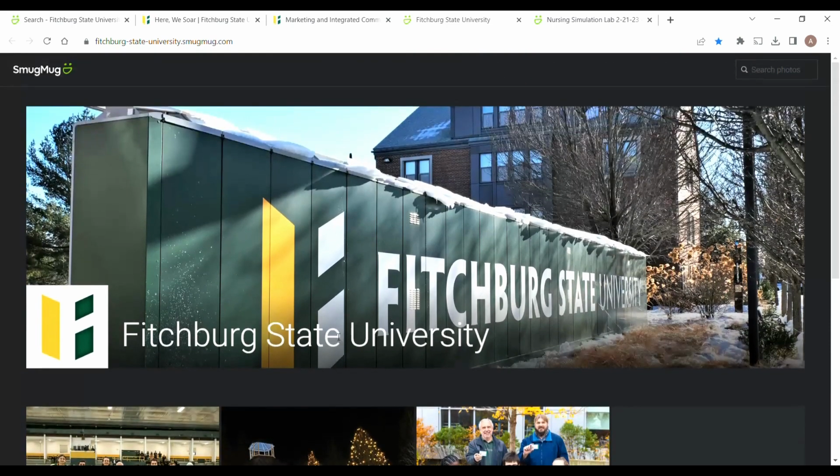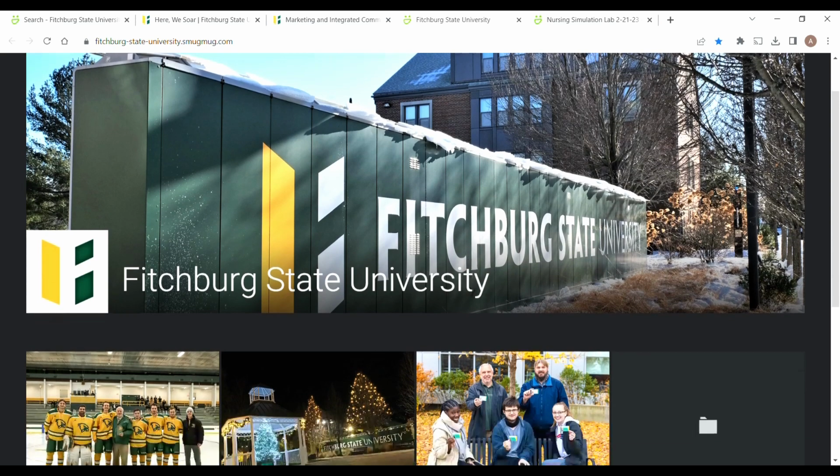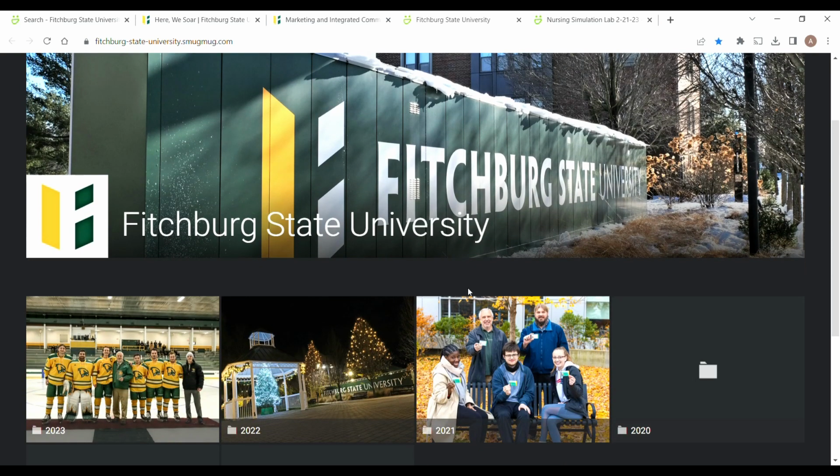What we've done to make search easier is instead of using a bunch of abbreviations, we've just used keywords that would be more intuitive to use, like lab, library, orientation, lecture, things like that. We try to narrow it down as much as possible so that you can narrow your search down as much as possible. So let's say you were doing a piece with print services about the science program here and you wanted some photos of students in the lab, and for whatever reason you wanted the most recent photos, so you'd